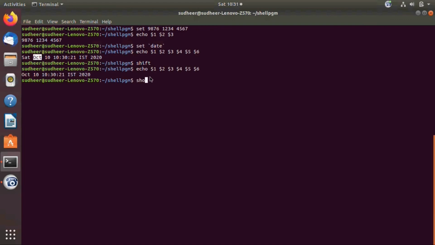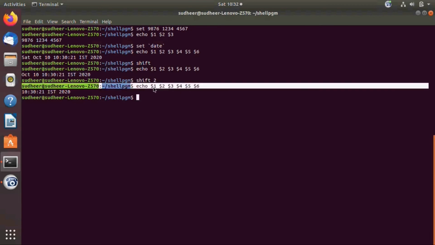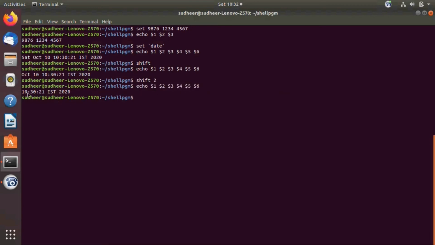Next one, shift 2. It means that we are shifting 2 positions to the left. Run the command. See, this time $1 gets the value time, because we shifted 2 positions to the left.